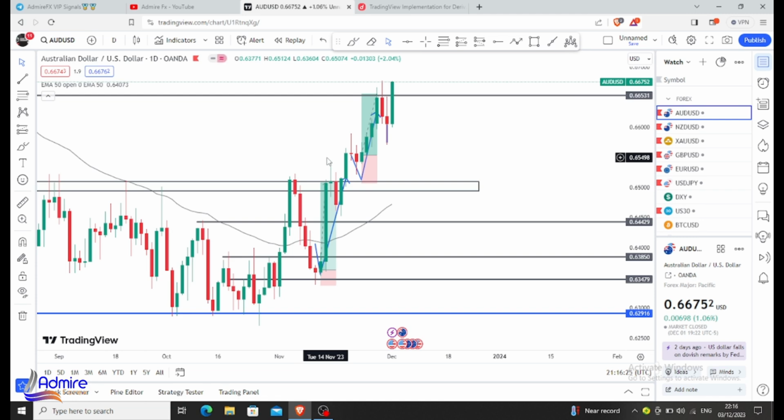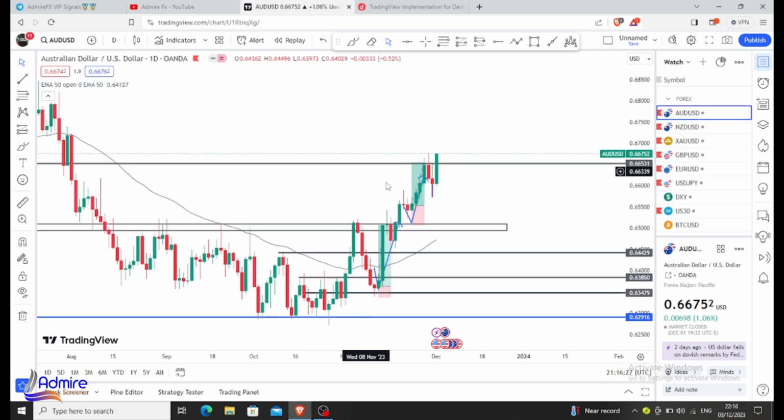So AUD USD, I told you guys we are going to swing it. Any entry we can have from the breakout of these highs, anywhere from the breakout of these highs, we are going to hold such an entry, because I know it's going to be a very good swing. You guys can see we had a very nice 1:3 thereabouts in these highs, and now we are still swinging.